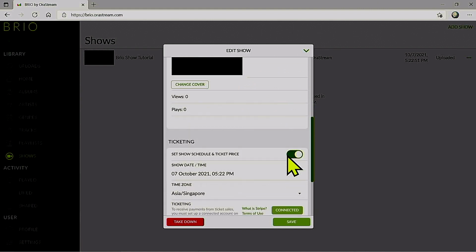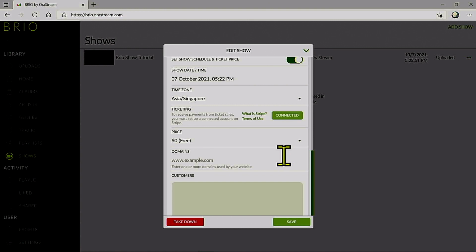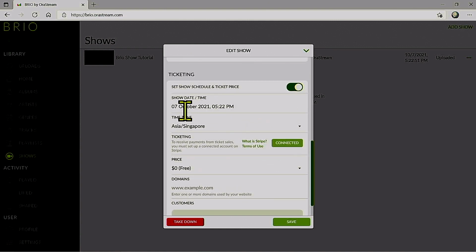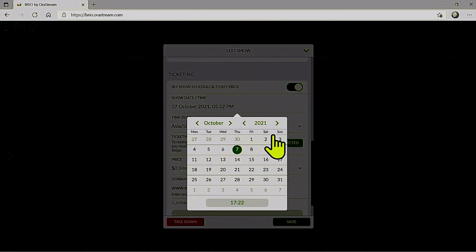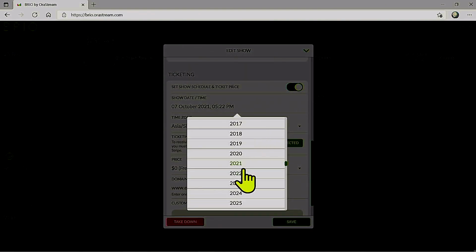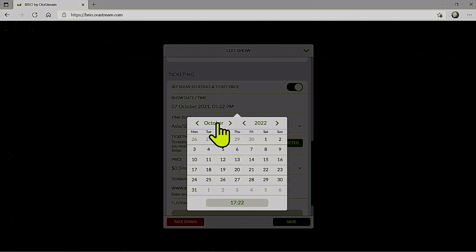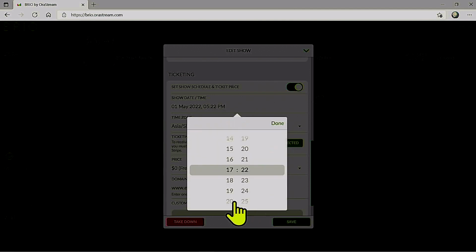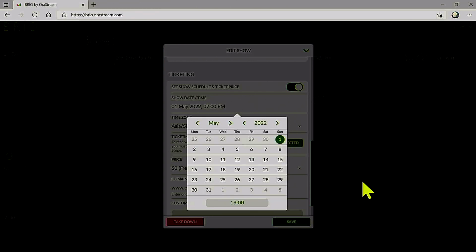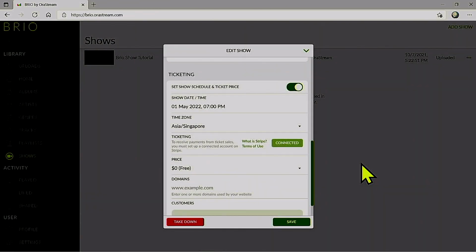After clicking on the tab, you will be able to see that the show date and time are preset to the present timing. To change the date and time, simply click anywhere on the date or time and a calendar widget will appear. Select the desired date by clicking on the appropriate choices. And set show time by scrolling through the numerics with the scroll wheel on your mouse or the scrolling function of your touchpad. After selecting the preferred date and time, simply click anywhere outside the calendar widget to go back to the Edit Show tab.